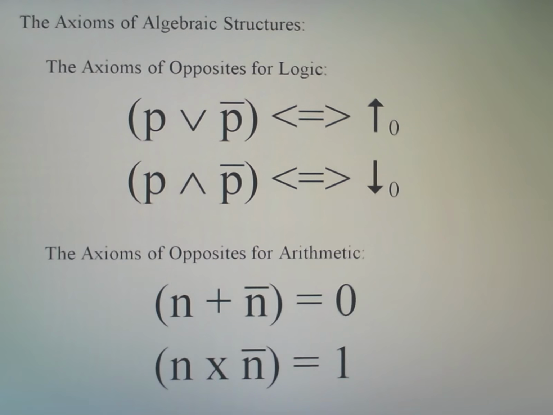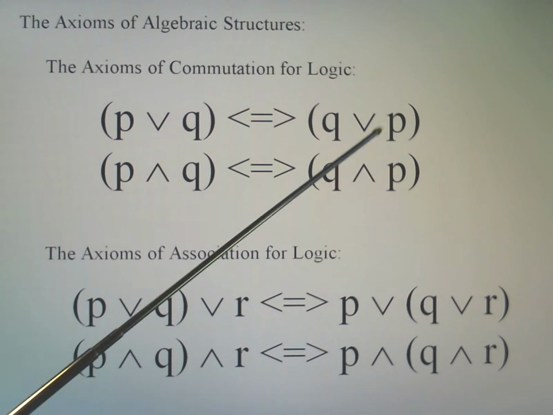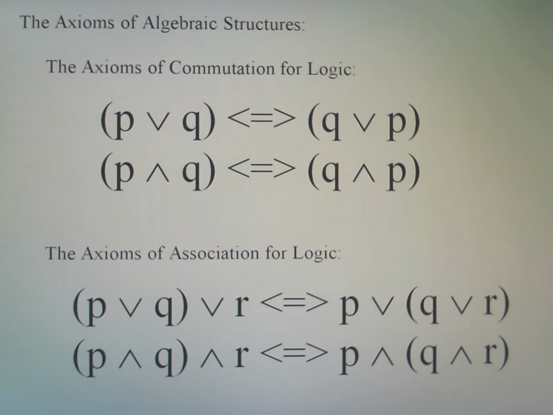Moving on then, what we'll find now are rules that are much more familiar from arithmetic than from logic, but nevertheless they hold in both cases. The first one is the axiom of commutation, which in logic is similar to, for instance, 3 plus 4 equals 4 plus 3. We can switch the numbers around in addition and it doesn't make any difference to the answer. Here also, P or Q is equivalent to Q or P, and the order of the statements in an or proposition is irrelevant. It doesn't make any difference to the truth.